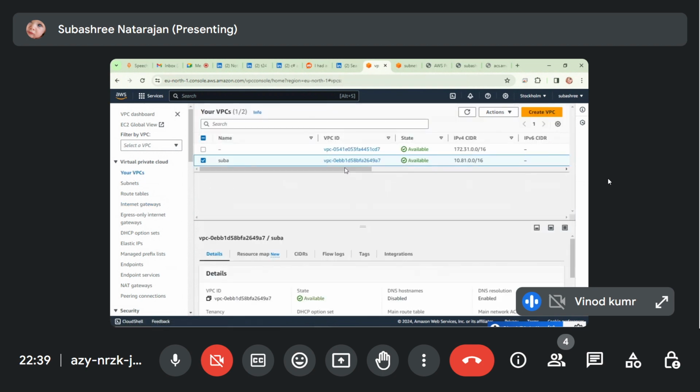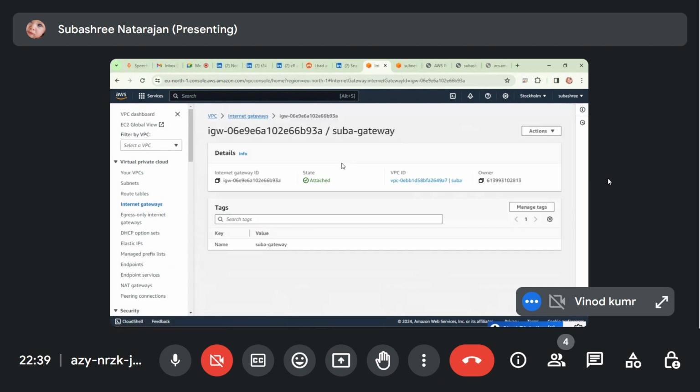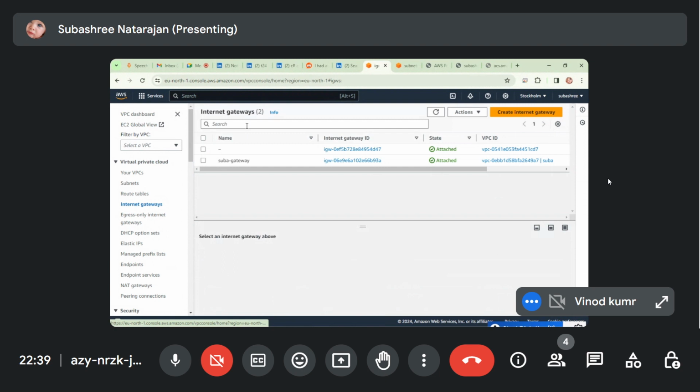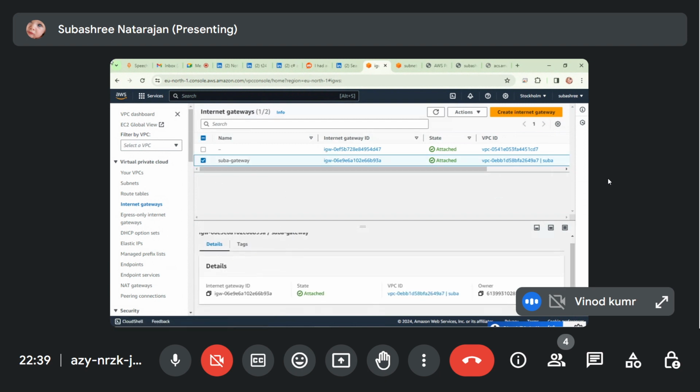We have attached that gateway to the VPC. Can you see? That gateway is attached, right? For that VPC. Yes, we have seen that already. That is attached to the VPC only.